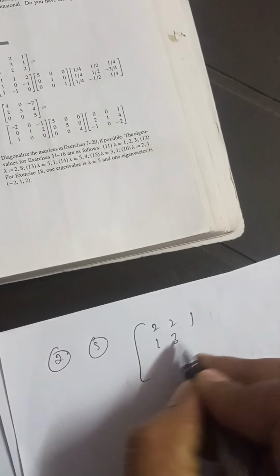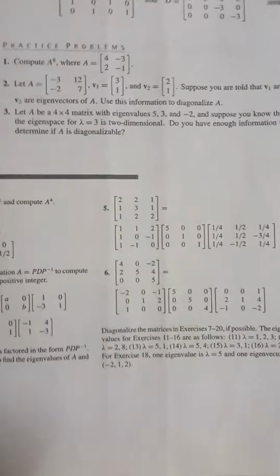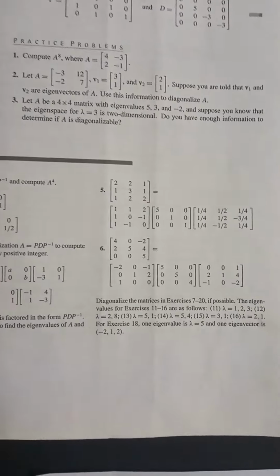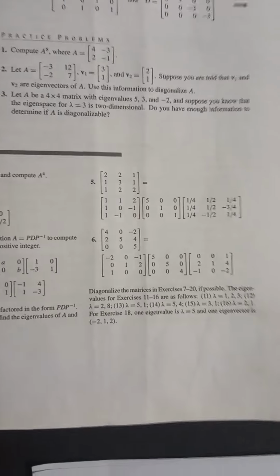Second page. Now see here, the rest of the problems are the same. Here, the fifth one is given. What is the fifth one here? The problem is given as the matrix A with rows 2, 2, 1; 1, 3, 1; 1, 2, 2, is equal to, clearly given as 1, 1, 1; 1, 0, minus 1; 2, minus 1, 0, into 5, 0, 0; 0, 1, 0; 0, 0, 1, into